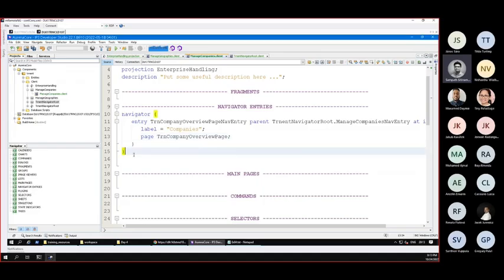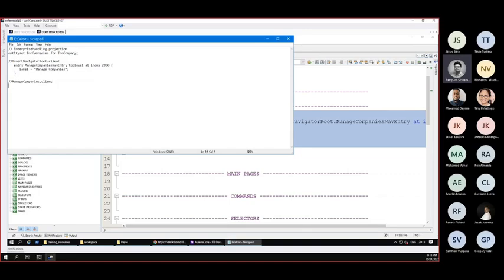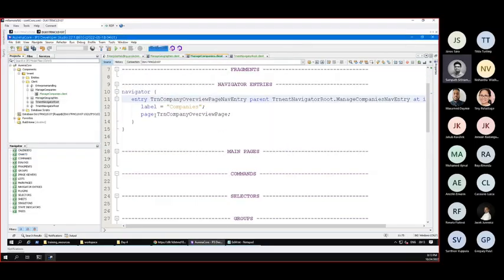So this part will go in the manage companies client. Right. So let me copy that here as well. And then I'll quickly create the page as well. So